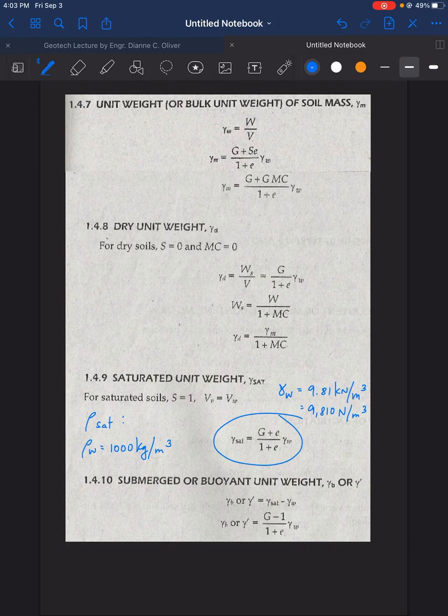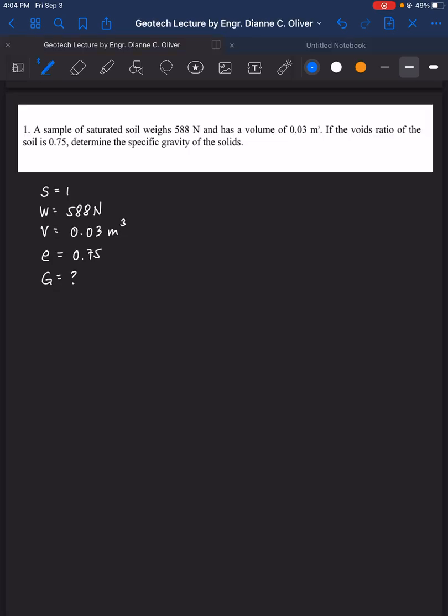Or let's add that one because it will be helpful. We also have here 1 kilogram per liter. Okay? Or that is 1 gram per cc for the density of water. Okay? So let's copy the formula for the water. For the gamma sat, sorry. So for the gamma sat,